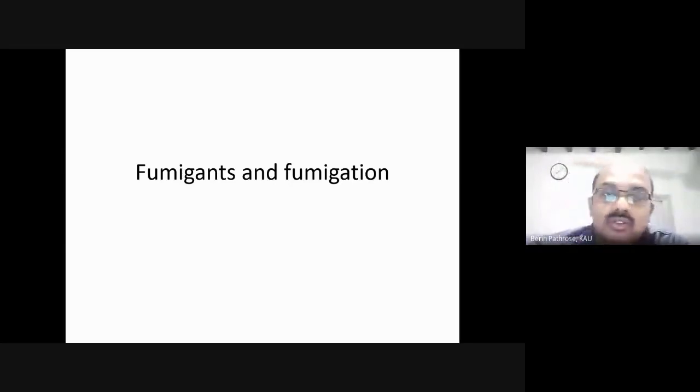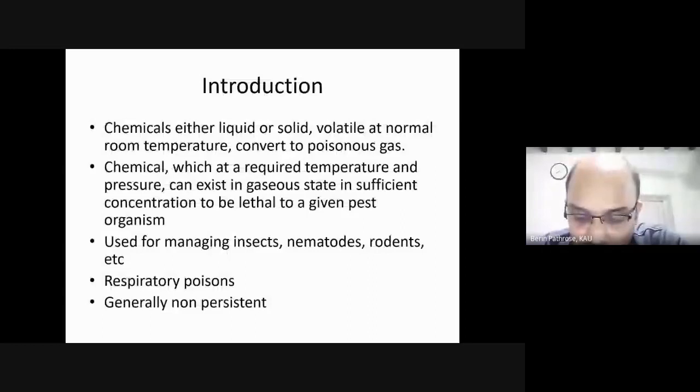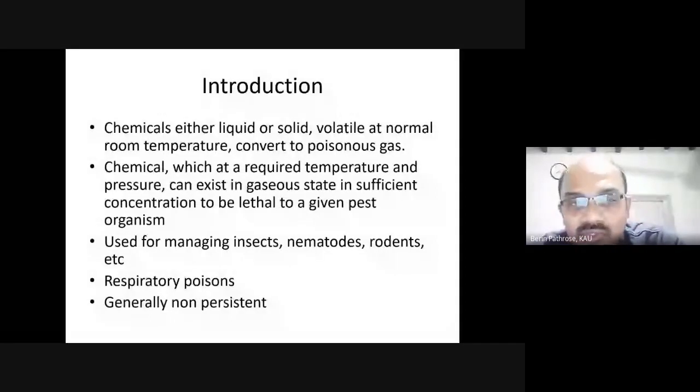So there are one or two definitions of fumigants. As I told you, chemicals either liquid or solid, volatile at room temperature. Volatile means it will get converted into the gaseous phase, and it is poisonous in nature. That is nothing but a fumigant. Another definition is a chemical which at a required temperature and pressure can exist in gaseous state in sufficient concentration to be lethal to a given pest organism. The same thing at room temperature,